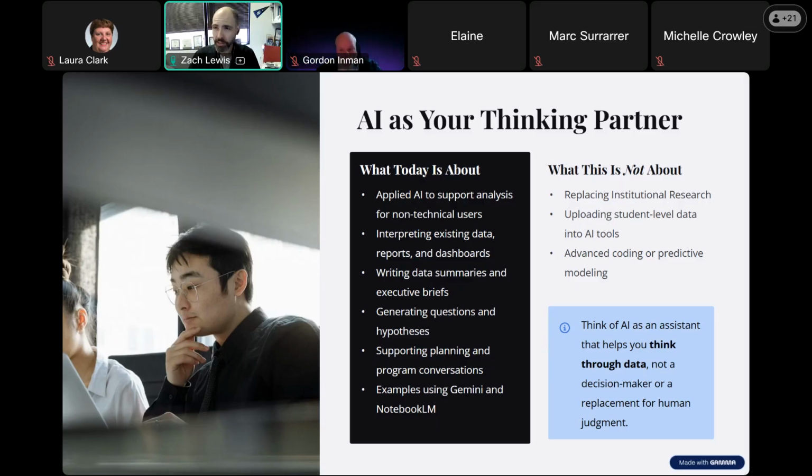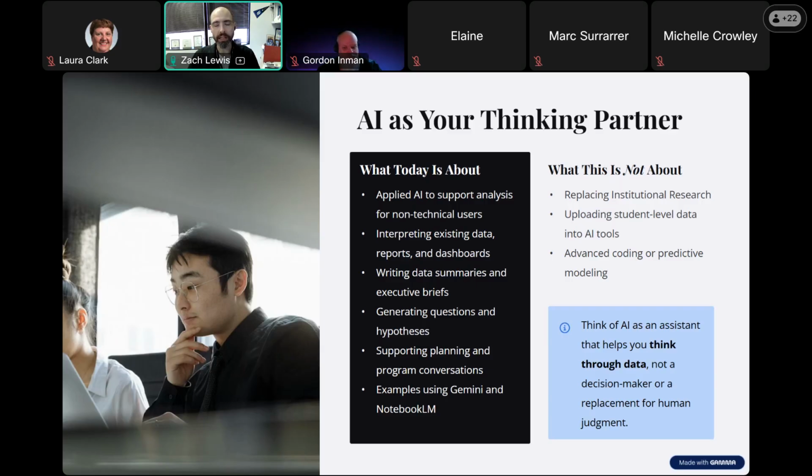What we're not focusing on today, selfishly, is AI as a replacement for institutional research functions. We want to really nail down the point of being very mindful and careful about how you're interacting with these tools, especially with respect to what types of information you're providing. Just to put a point on that, do not upload student record level data into any of these things. And we're not really going to get into how these things are created or maintained and/or how you could use them to engage in more advanced types of work.